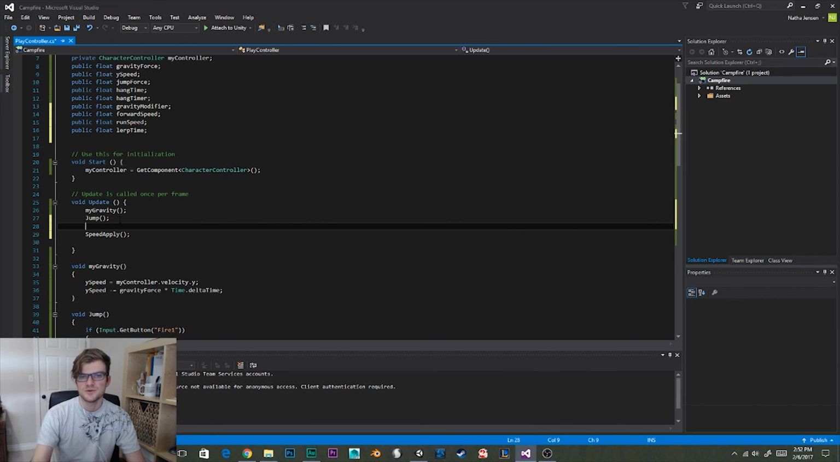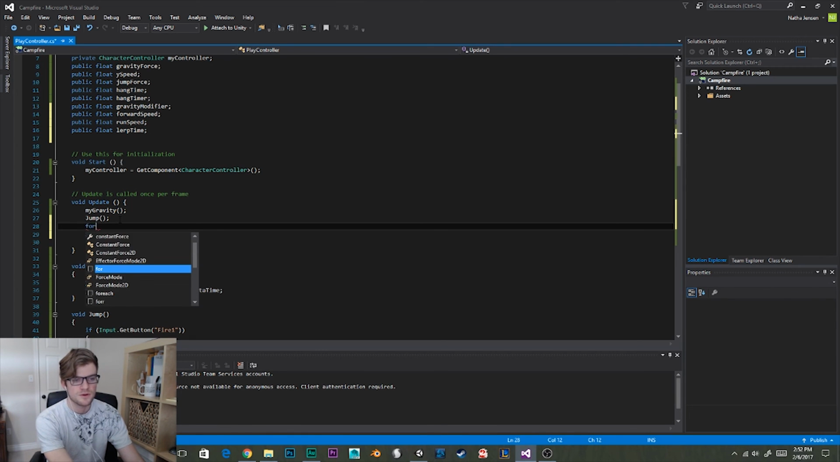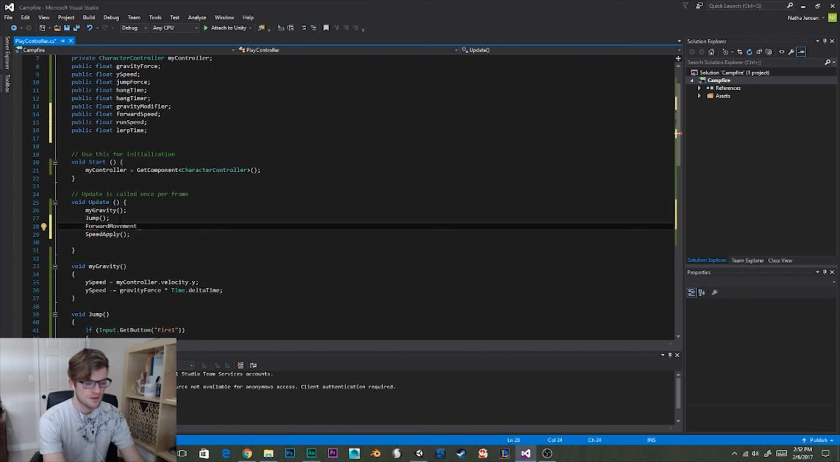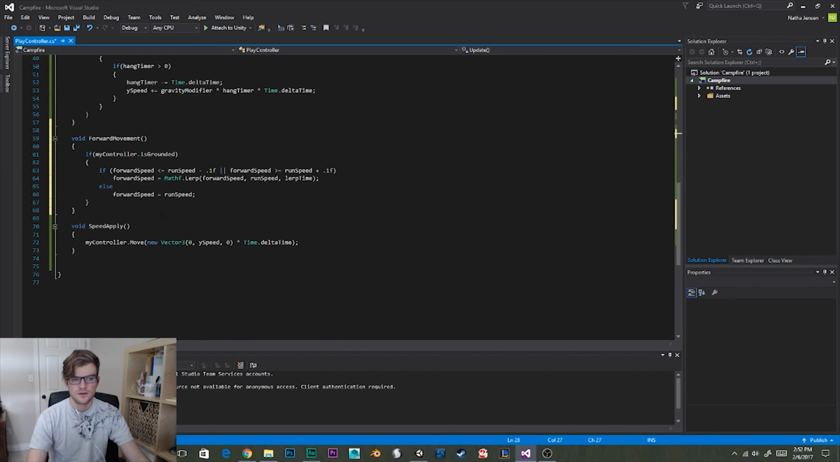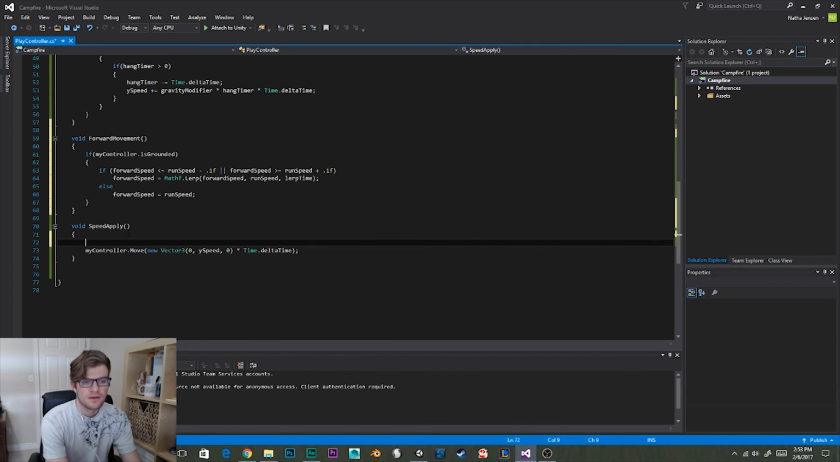Now what we need to do is call this function in our update function. So I'm going to type forwardMovement parentheses semicolon. And the last thing that we need to do is apply our current forward speed in our speed apply function. And to apply this value, we want to type myController.Move, and then inside this move function, we want to call